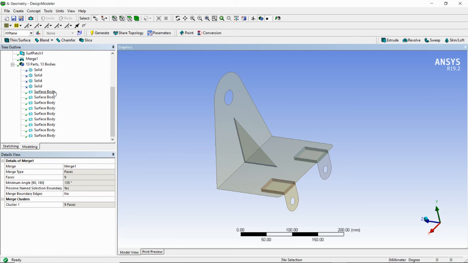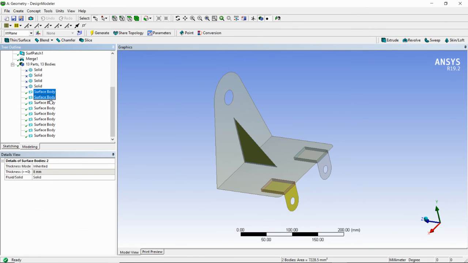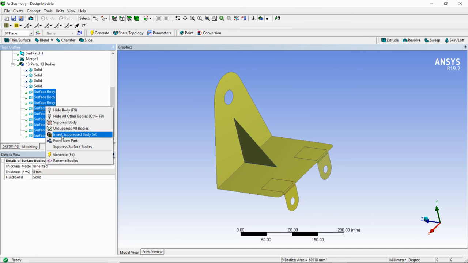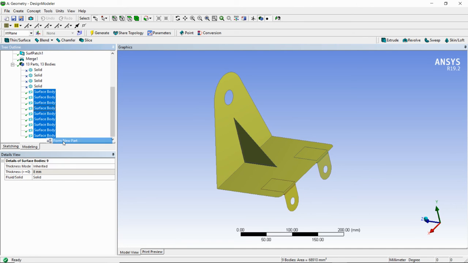Now I will generate one body. You can see there are different surface bodies, nine surface bodies. So I will create only one body and nine parts. I have selected all the surface bodies, then right click and say form new part.